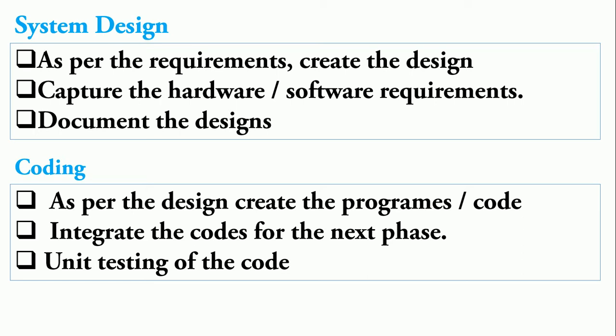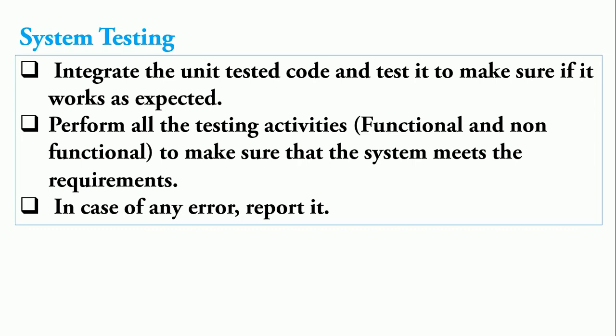After this coding part, the most important stage is our testing stage, system testing. It integrates the whole tested code and makes sure that it works according to your expectation. It will perform all the testing activities, functional and non-functional, to see how your system is meeting the requirements. If you are adding two numbers, it should give the correct result. If you are expecting that it will automatically calculate all the results for the customer, but it is not giving the result according to your expectation,